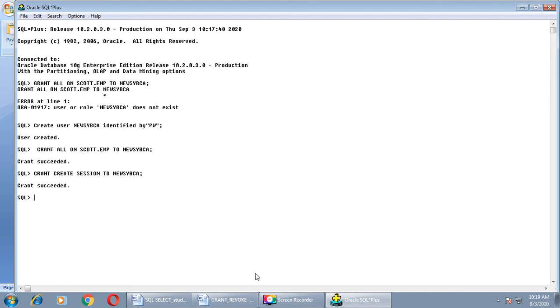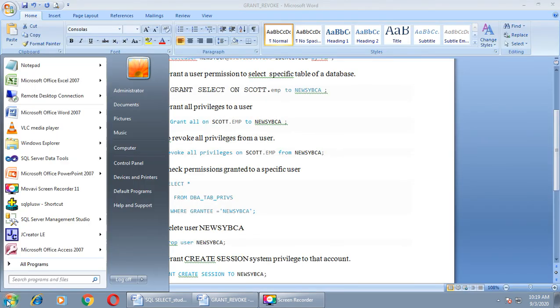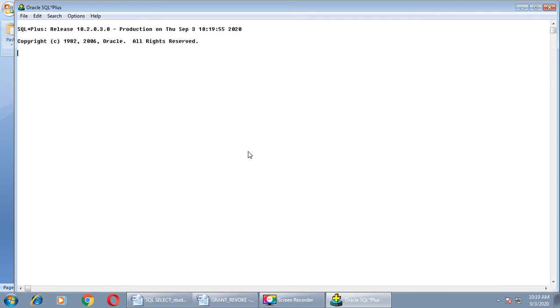Now try to enter as new SYBCA. Exit from this window, reopen your editor, new SYBCA, my password is BW, and press enter.